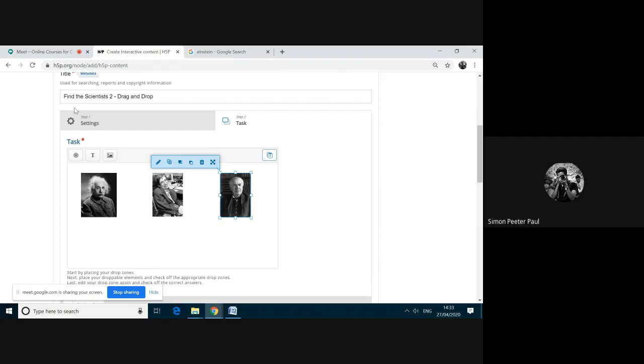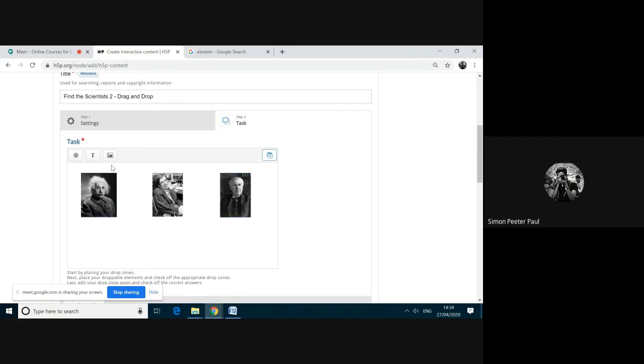Are you clear with this until this step? Till adding the image, are you clear? If anyone is having doubt till now, okay, I think you are all clear. Okay, thank you. Now I'm moving to the next step.